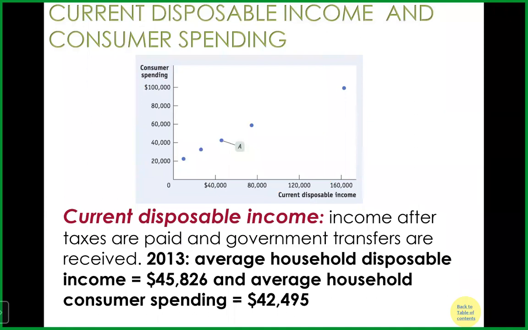What pattern do you spot by looking at this graph? Yes. Very good. So the more income you have, the more you spend. Now, in other words, consumer spending is positively correlated with your income. This is number one. Number two,